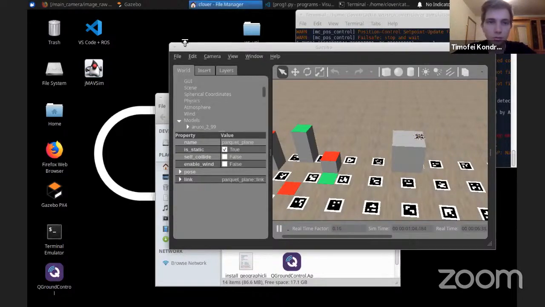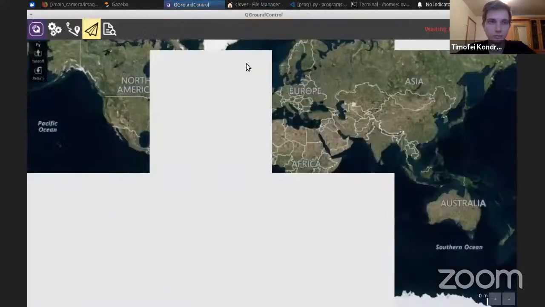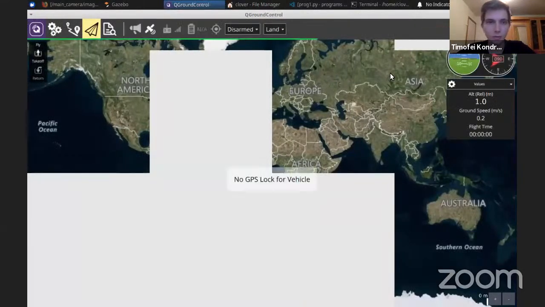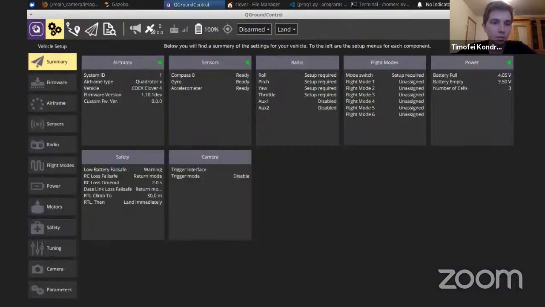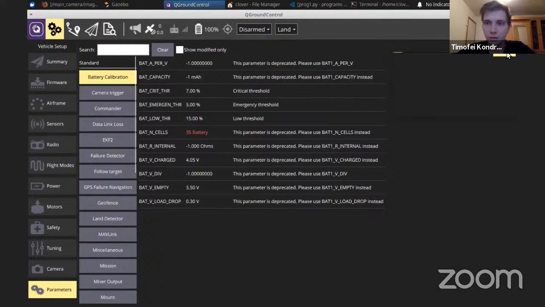QGroundControl is the program to program the flight controller, to change its settings and calibrate and something like that. Whenever it starts, it will connect to the Clover automatically. Yes, and you can see that it is connected, and you can see the gauges here are a little bit imperfect. Okay, so let's go to settings, parameters, and go to tools, load from file,